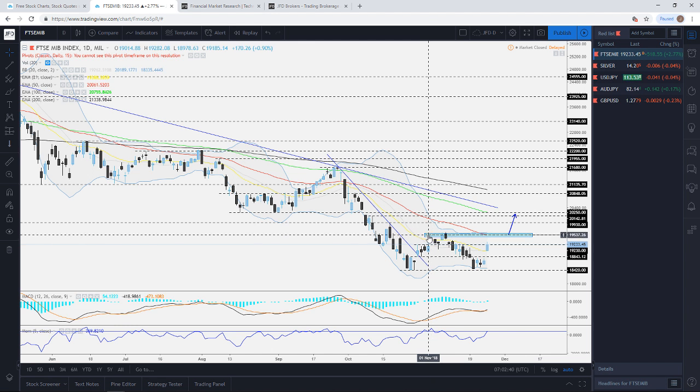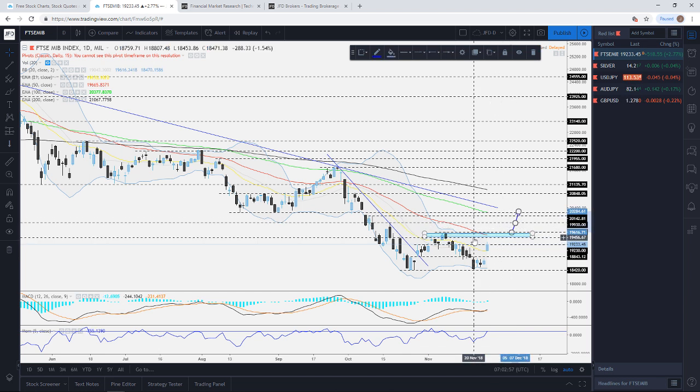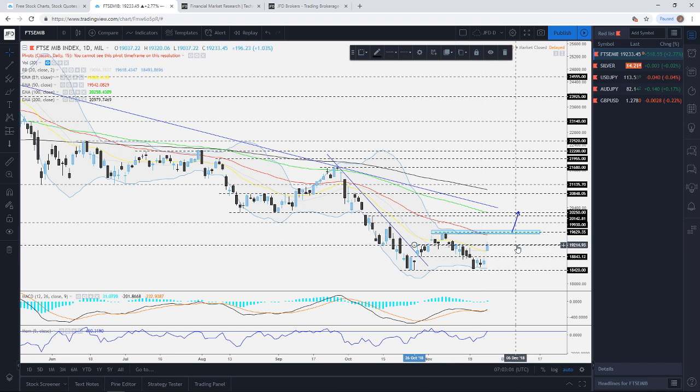In a way, we could maybe lift that a little bit higher, just to mark the levels here, the high point of the 8th of November, approximately around the 19,630. So if you want to put that one on, then feel free. Just to be more on the safe side, let's put it that way. So this is what we're going to keep an eye on for right now, the 19,630. A nice good pop above this could potentially open the path towards the next potential area of resistance. Initially, of course,